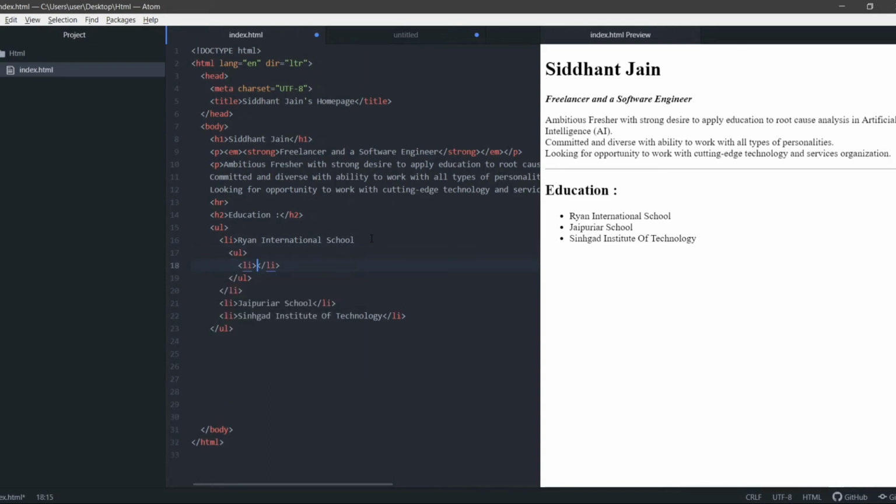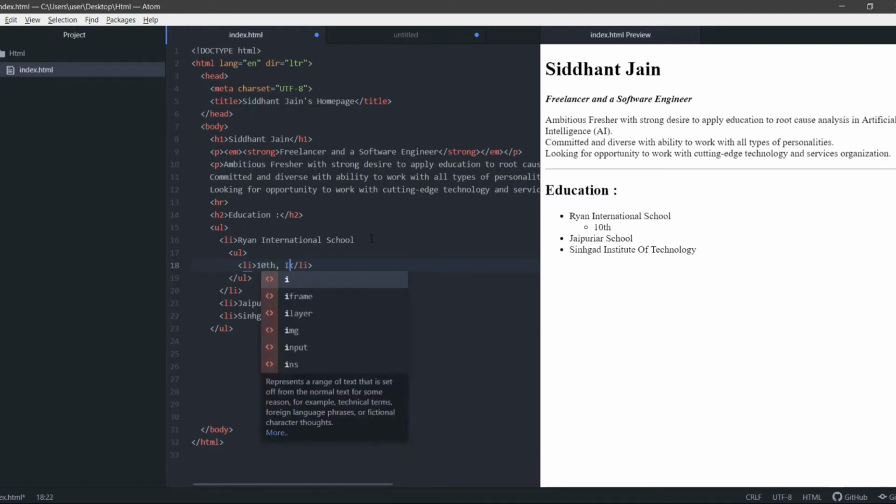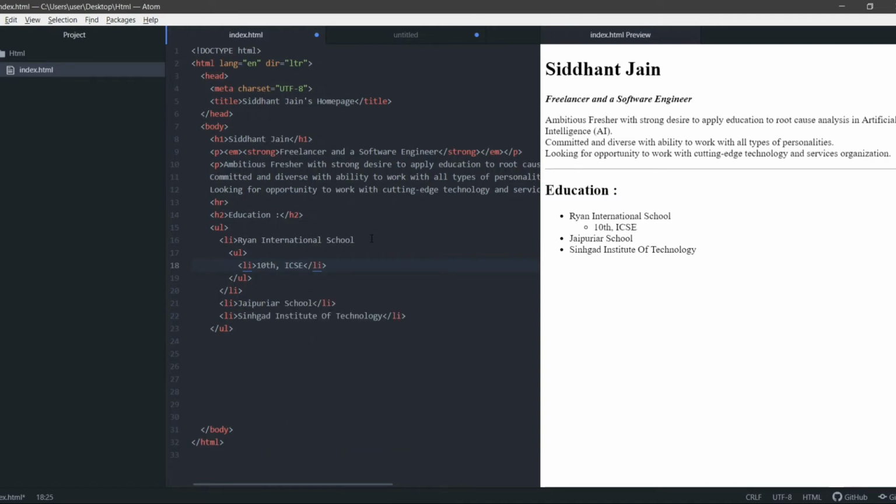Then again I'll say li, and I'll write 10th, comma, ICSE, and I'll add one more li, and I'll write the percentage that I scored, that was 72%. So now you can see the differences.